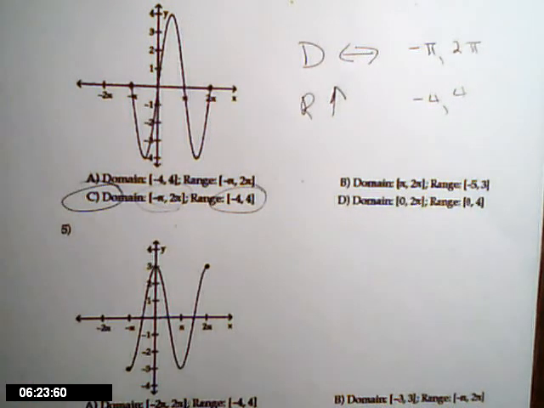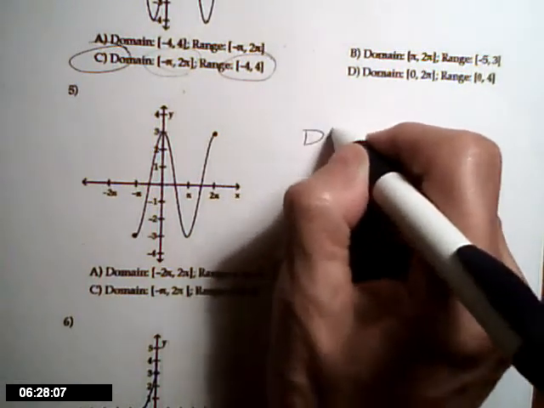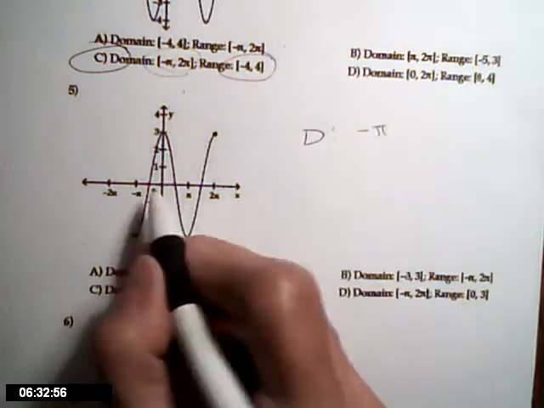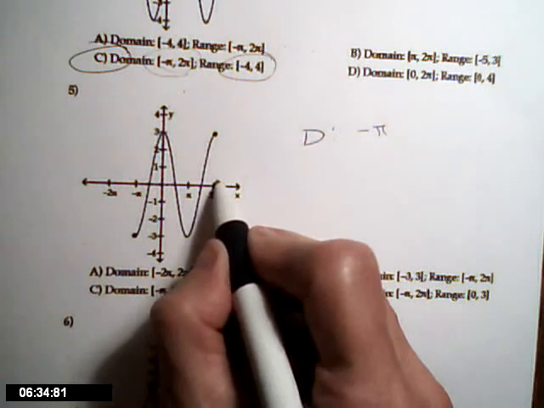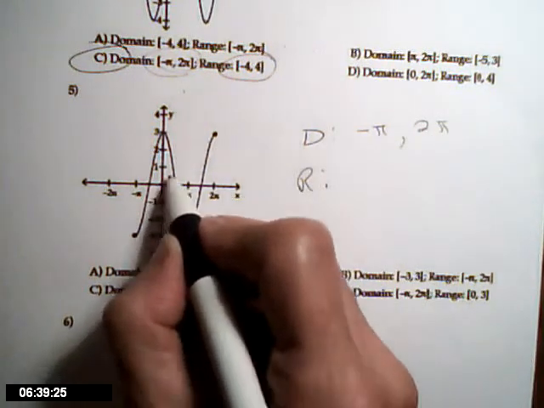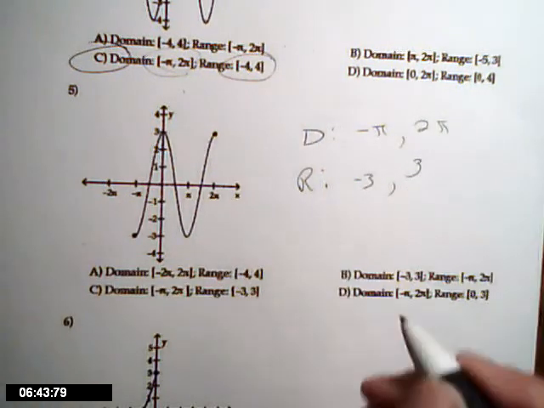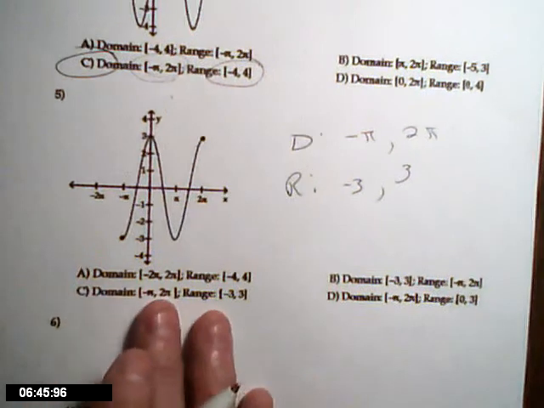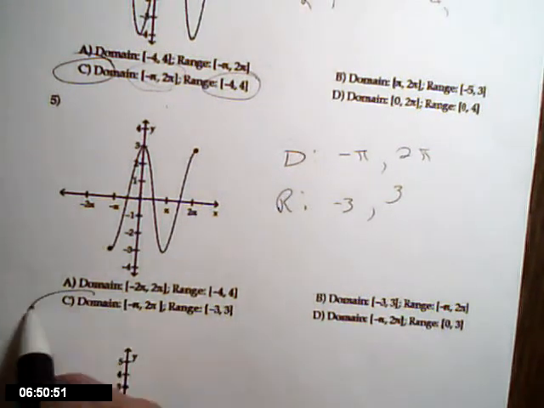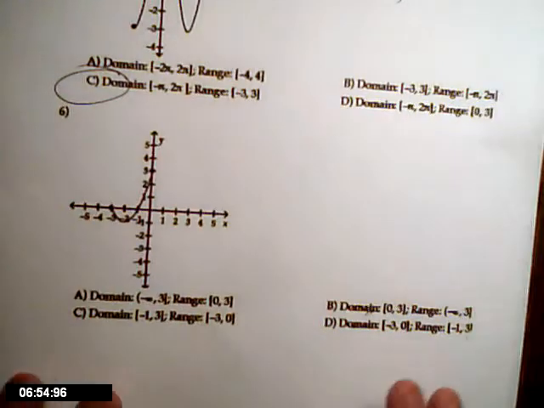so we'll say that that's answer C. Number 5, domain, we go from a left value that looks to be negative pi to a positive 2 pi, and range we go as high as 3 and as low as negative 3. Now you're going to match that in all your givens, and if you look through all your domains and ranges, you're going to see that C matches that, and you can tell, you can work with this after you practice